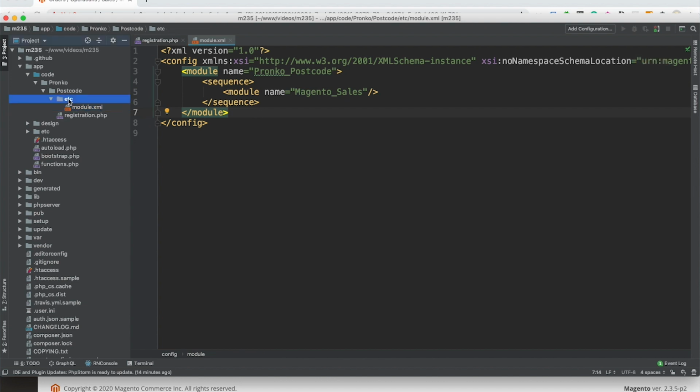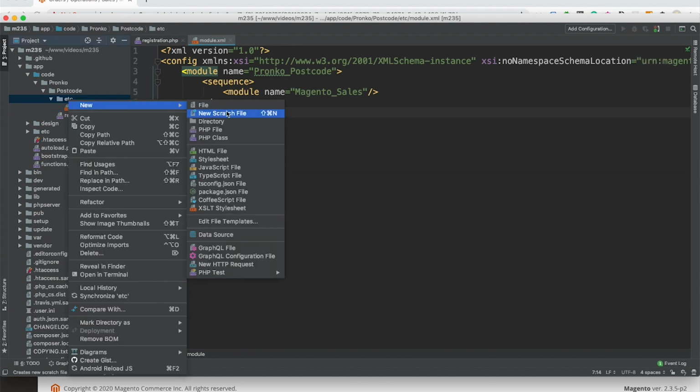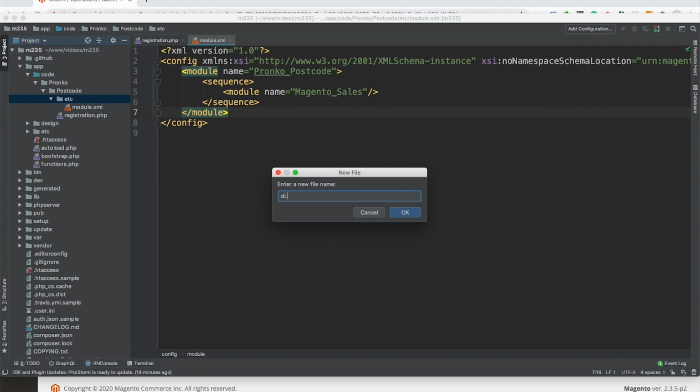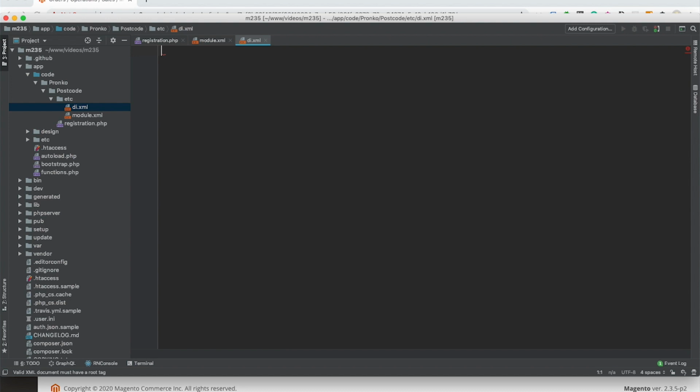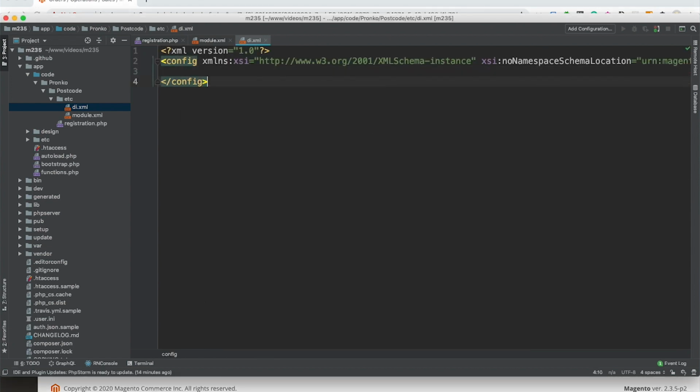First of all, I will create a configuration file that is called di.xml. In this file, I would like to add a type, and the name of the type is going to be Magento Framework View Element UI Component DataProvider FilterPool.